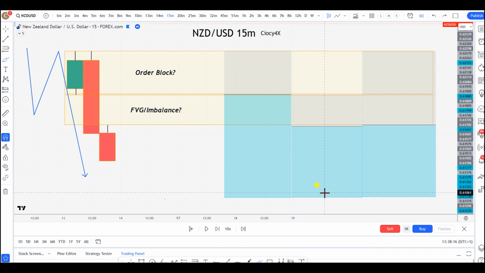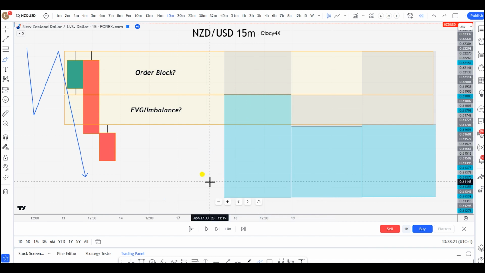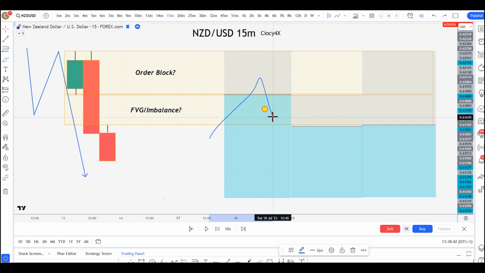Yeah, you might argue, okay, what if sometimes the price comes, fills, and goes away? Yeah, beautiful, that can happen as well. But based on my data collection and backtesting, I realized that price does this type of thing and it will most of the time take you out before it goes in your direction. And it also makes sense that this happens because, as I said, you cannot have an imbalance without an order block, so therefore the priority goes to the order block, not to the imbalance.